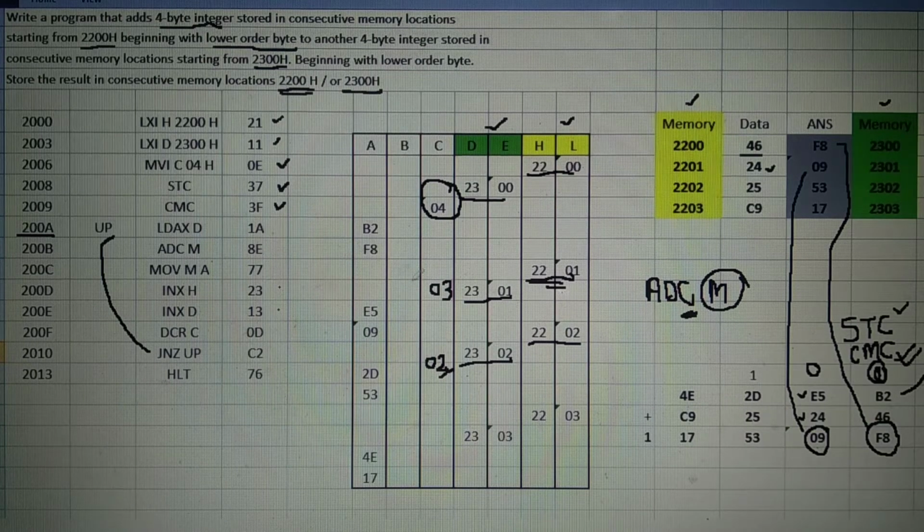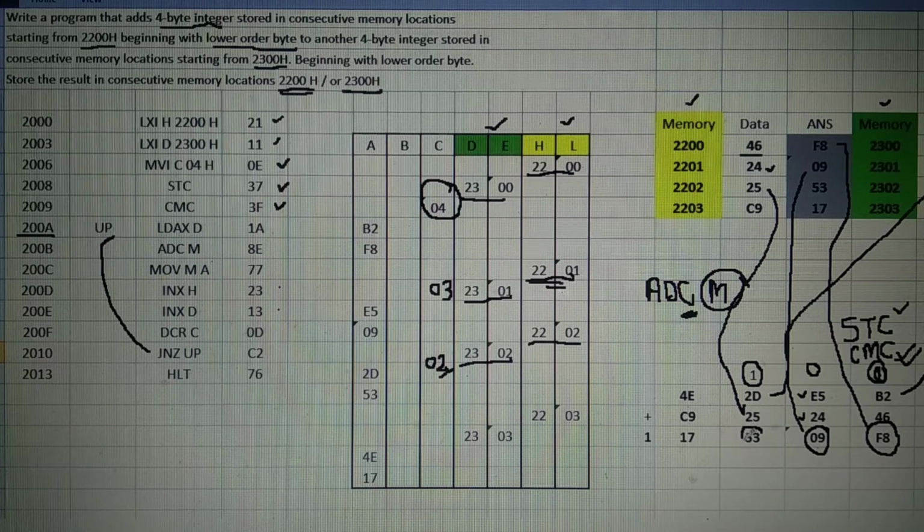LDAX D, DE in green. The number 2D comes to the accumulator. Next, here in this addition, carry is generated as 1. ADC M, 25 is added here along with carry.